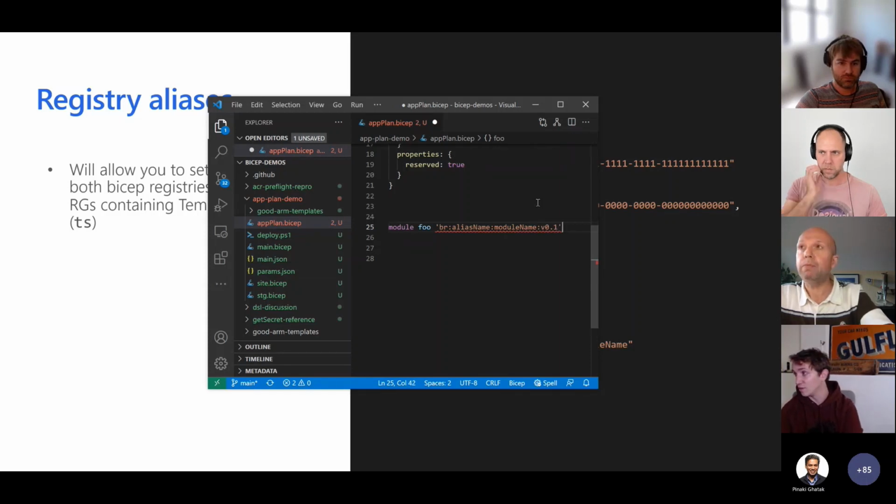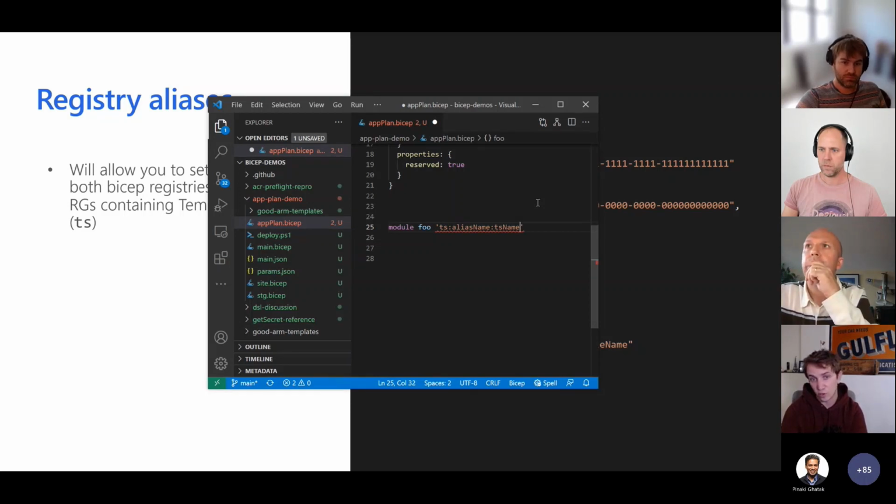Marcin, let me know if I got that wrong. No, that looks good. Cool. And then for template specs, same idea. So ts/aliasName, and then template spec name, and then the version of the template spec will have the same syntax. So even though it's like a child resource in ARM templates, we'll just think of it the same way that we do with other modules. The version will be after the colon. So hopefully that's pretty straightforward to use.